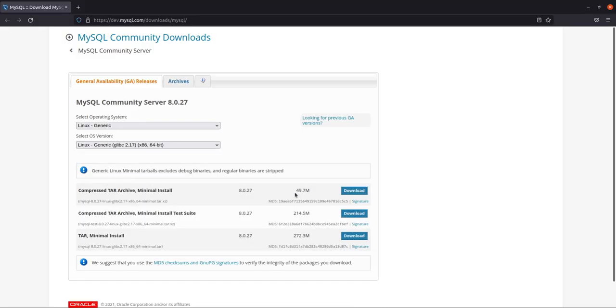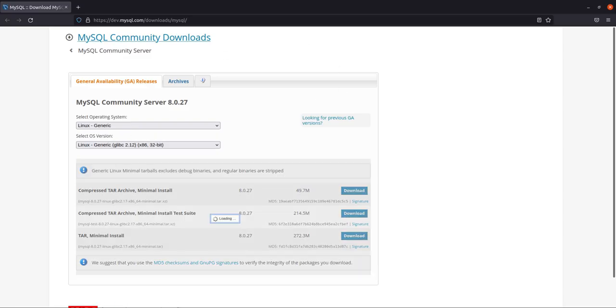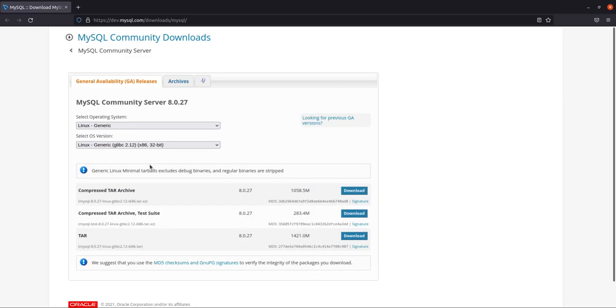Minimal installation is only 49.7 MB, but if you select any other version, then it may vary. It may be from 1 GB to smaller, half a GB or something like that. You can download the compressed tar also, no issue. And if you want to download the test suite, or both, you can do that.